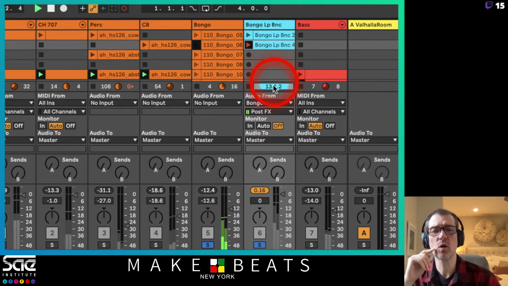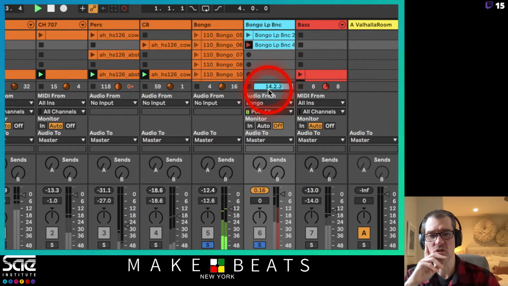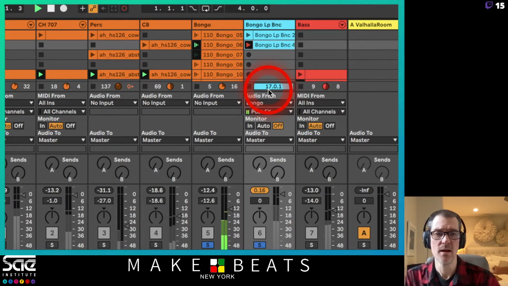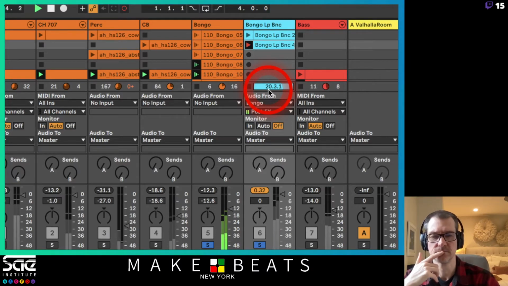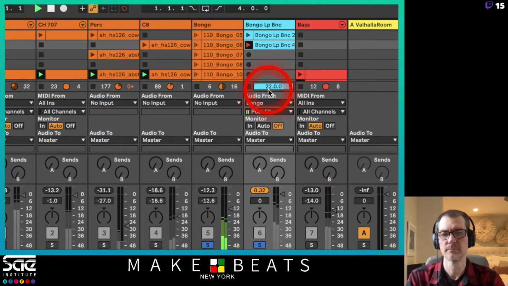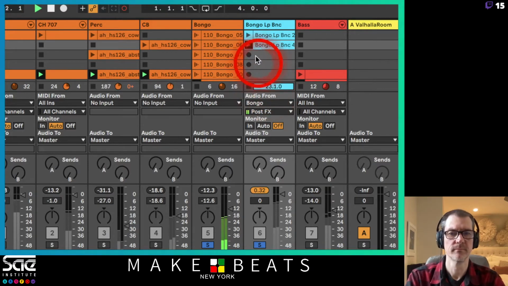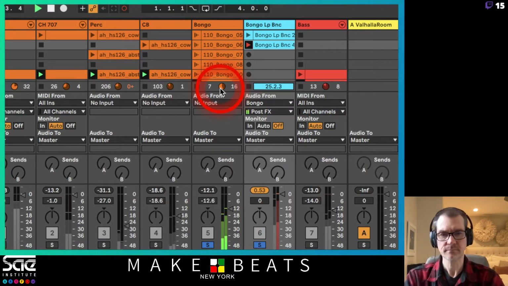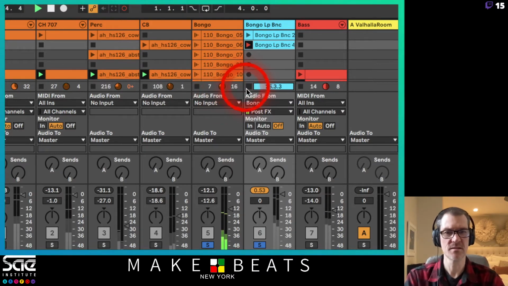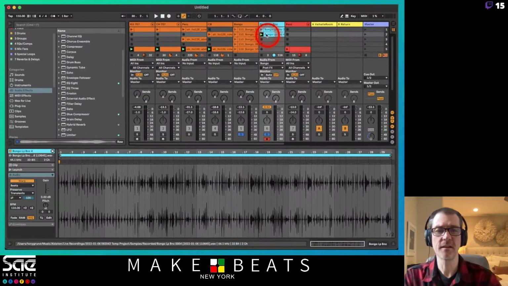Now, as it's recording, we can see what bar we're actually on. 15, 16. So now, there we go. And this is showing us it's 16 bars of that. And we can see over here what's actually happening with it. So we're recording a nice, good section of this. And we're going to go ahead and stop it there. And now if I go back and listen to this one,